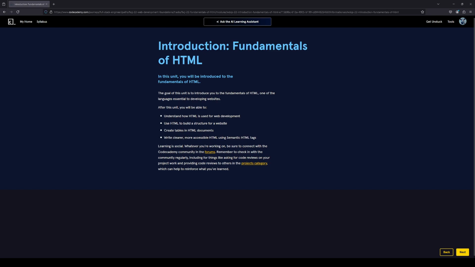Today we're going to be doing the fundamentals of HTML section of the course. In this unit you'll be introduced to the fundamentals of HTML. The goal of this unit is to introduce you to the fundamentals of HTML, one of the language essentials to developing websites. After this unit you'll be able to understand how HTML is used for web development, use HTML to build a structure for a website, create tables in HTML documents, write clear, more accessible HTML using semantic HTML tags,